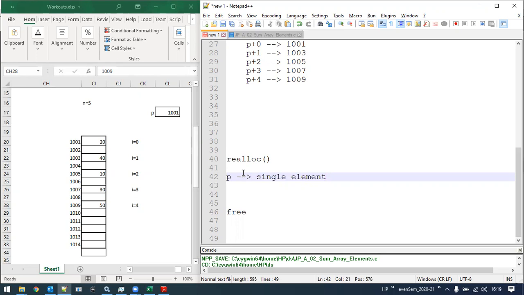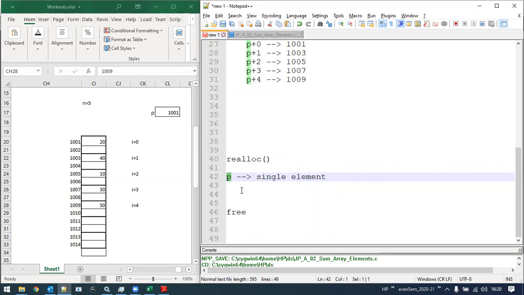During the execution of the program, I may be in a situation wherein, instead of only one element, I want this pointer p to allocate for 2 more values. Since it initially had 1 element, now I want to modify it so that this p can store multiple values.